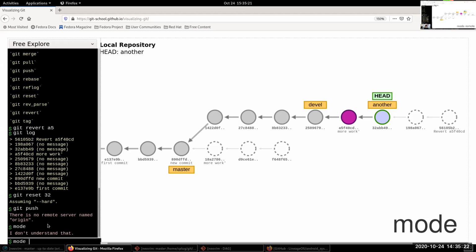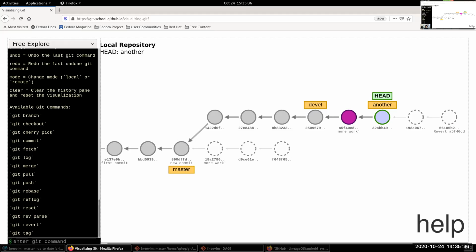Mode remote. Okay, I guess that's taking a while to prepare, I think, maybe, hopefully. No. Maybe I have to reset it. Okay, I guess what I can do though is say,